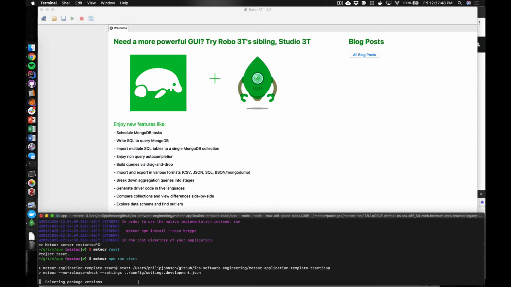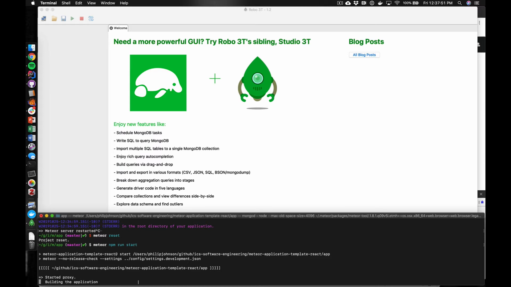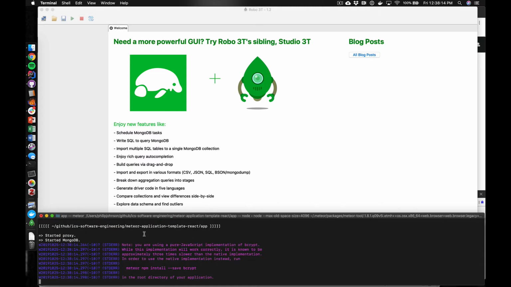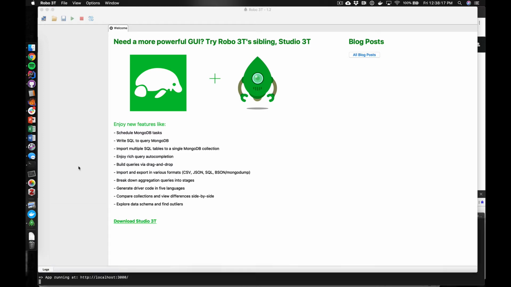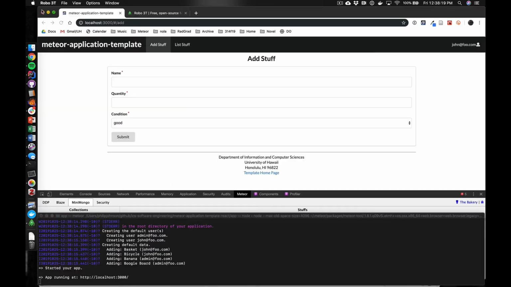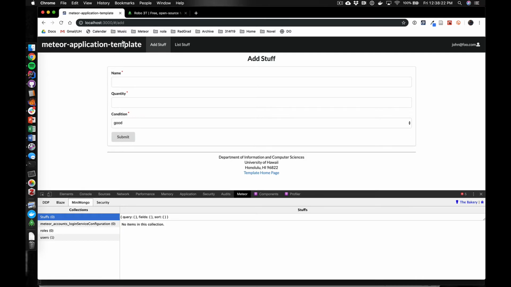So remember, this is going to start up two processes, one running at localhost 3000, which you can connect to through a browser, and one running at localhost 3001, which you can connect to with Robo3T, and that will give you access to the data in the database on the server side. Okay, so the app is starting up. Now 3000 has the client side stuff, and if we just refresh this,